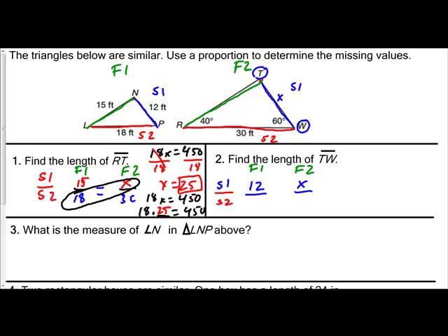And from side 2, 18 is side 2 from figure 1. Figure 2, side 2 is 30. Once again, we can cross multiply. 18 times X is 18 times X. And then 12 times 30